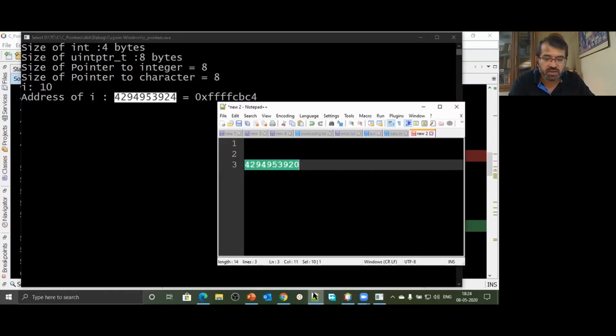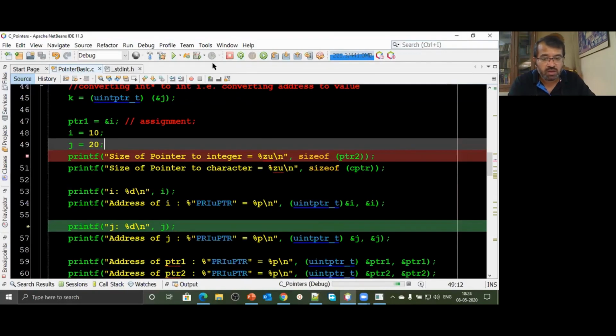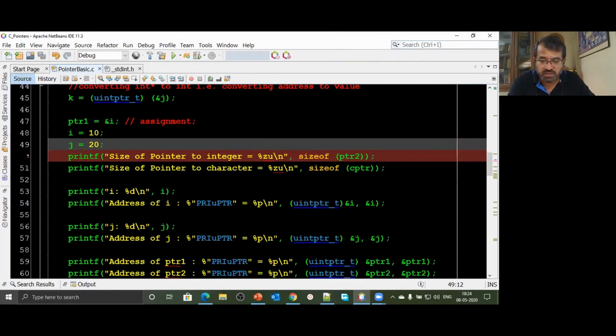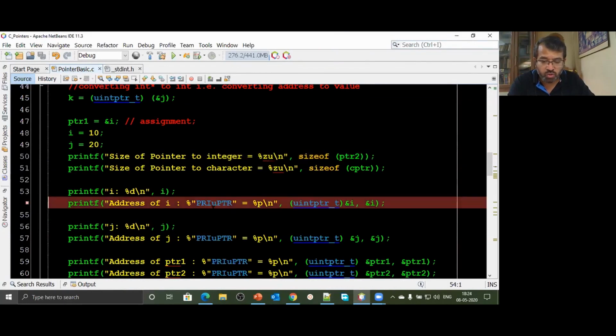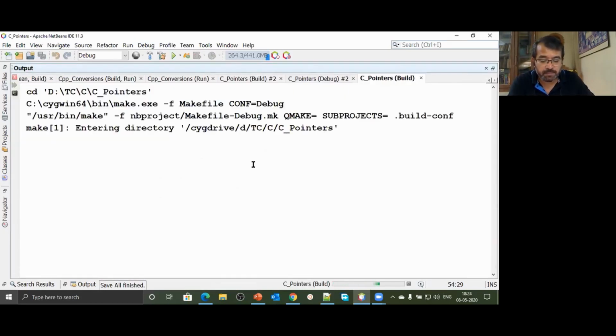We had copied that particular number. The address can be different, this time the address is different. So this address, 0xFFFF, that's the actual address in hex. And this is the decimal equivalent of that value. Now, let me do one thing for you. Something people end up doing wrong: to print an address also, they print it in the decimal system. So they say %d, because d is for decimal. Now, if I use %d to print the same address, let's see what we get.